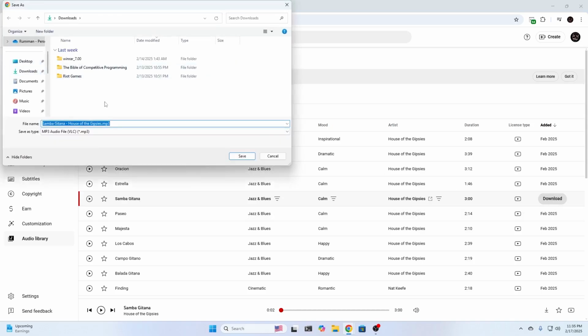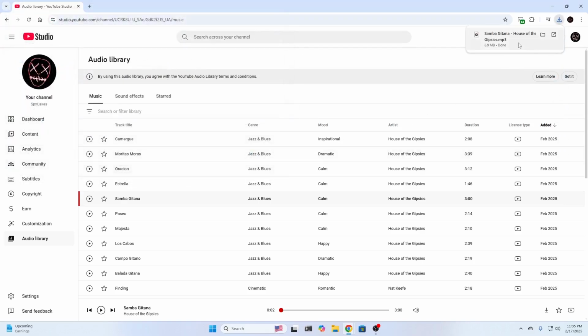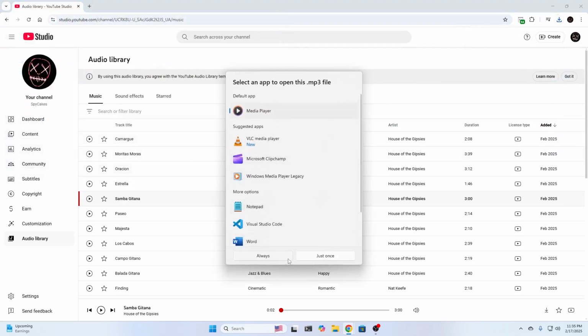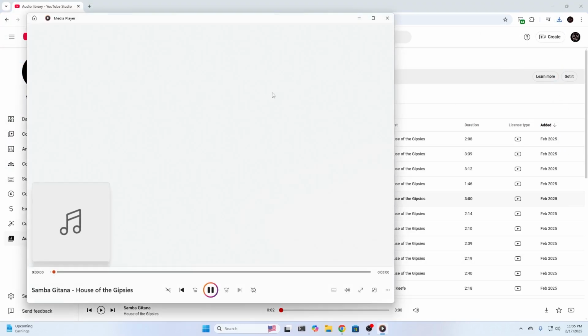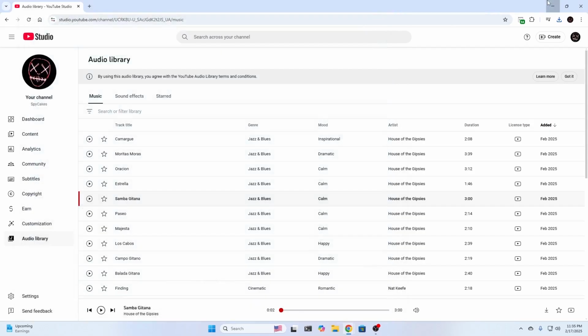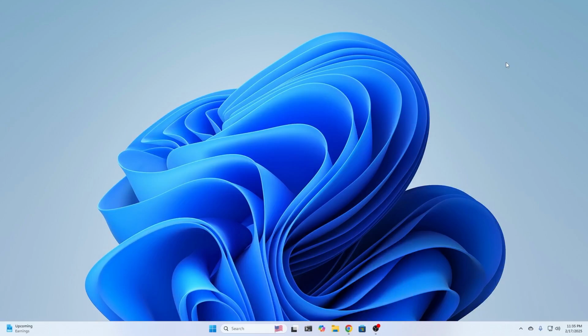Then you can just simply save it to your PC. And there you go. Then you can just browse it and play it. This is all locally, offline on your PC. And basically that is how to download music from YouTube to your system in